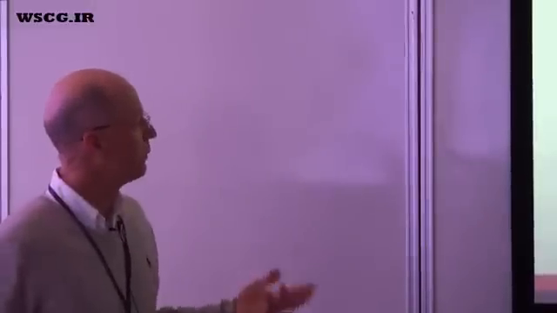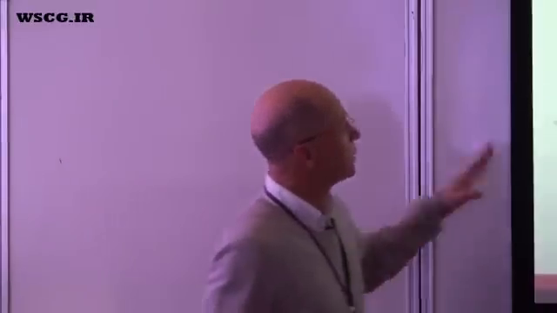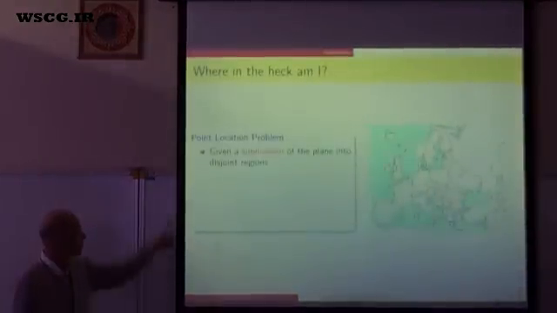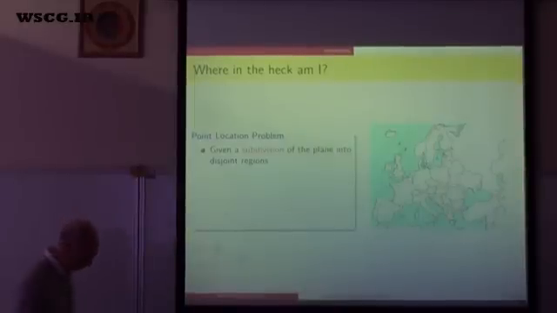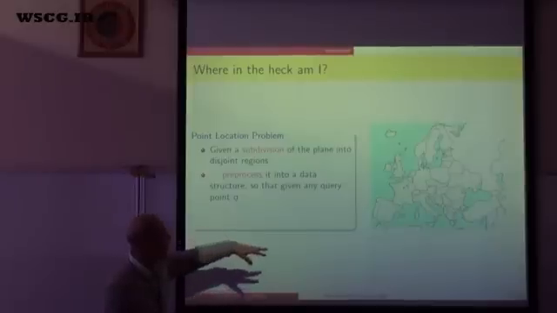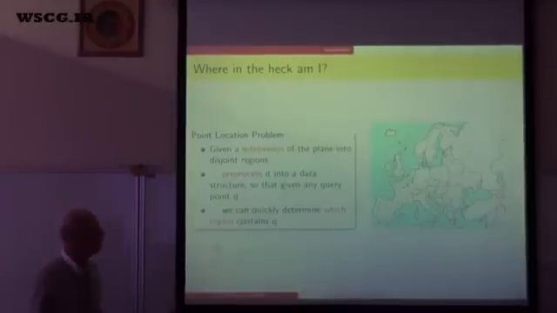So the topic of the talk that I want to give today is about the problem of point location in computational geometry. Here's the question that I'd like to consider. We're given a subdivision of the plane into a collection of regions. For example, you can imagine this as a map with the regions being defined as the boundaries of countries, and we would like to pre-process this into a data structure so that if I provide you with any query point Q, then I can very efficiently determine which region, in this case, let's say France, contains that